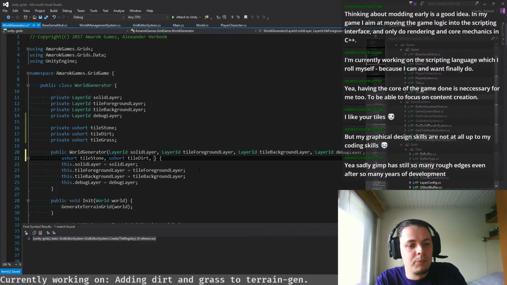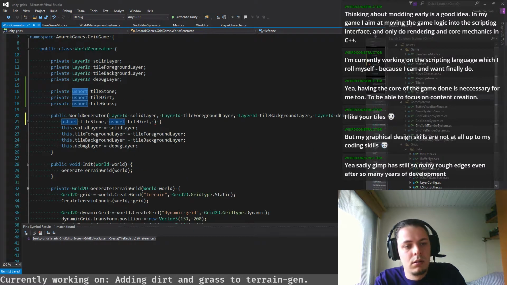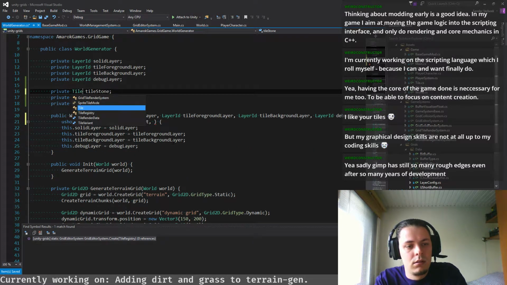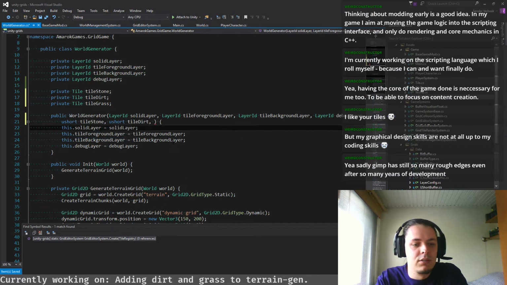Maybe just this is probably a bit neater, perhaps less efficient, but